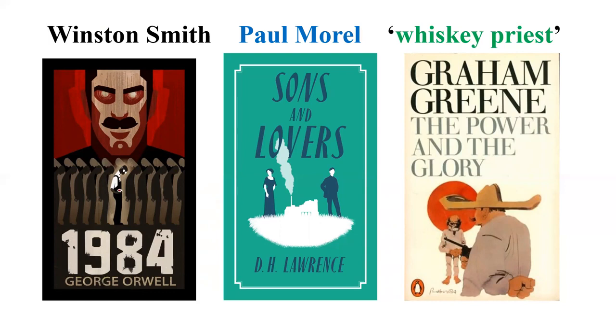Then we have D.H. Lawrence, Sons and Lovers. This novel is often read as a manifestation of Freud's concept of Oedipus complex. So you have Paul Morel, who is very much attached to his mother. And towards the end of the novel, the mother dies, and Paul Morel has to start a new life. He moves on. Then we have the English writer Graham Greene's The Power and the Glory, which is set in Mexico and the war in Mexico, where we have this Catholic priest simply named Whiskey Priest. And how he tries to survive or how finally he is executed is the story.